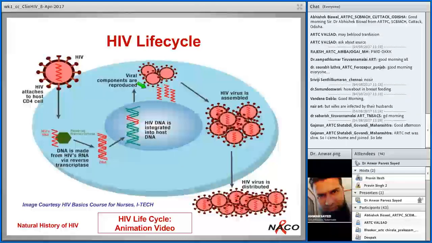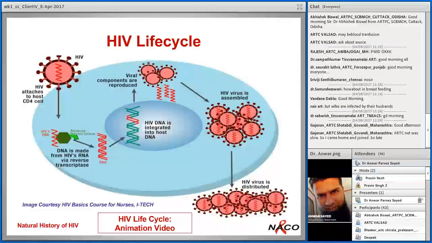Now all these three enzymes ultimately help convert these into the proteins required to form a new virus. These proteins take the cell membrane and come out as a new virion, and in a day, multiple times, or even in lakhs, new copies of the virus are formed. What has happened in this whole process is that HIV has used the CD4 cell of the human being as a workshop for production of many copies of the virus.